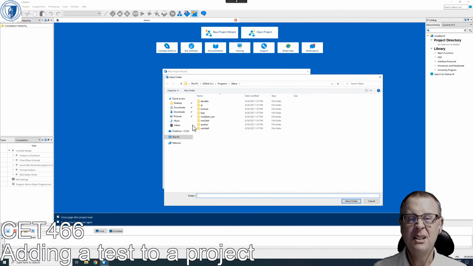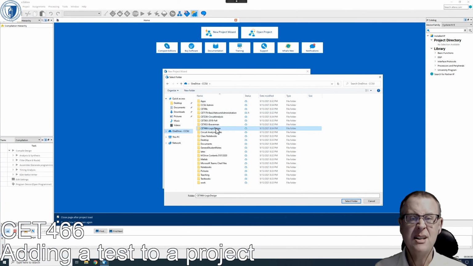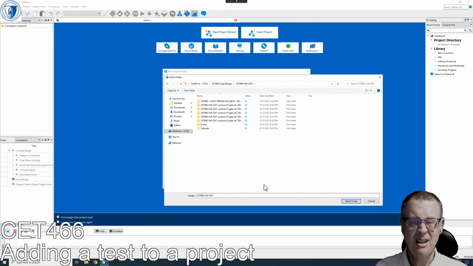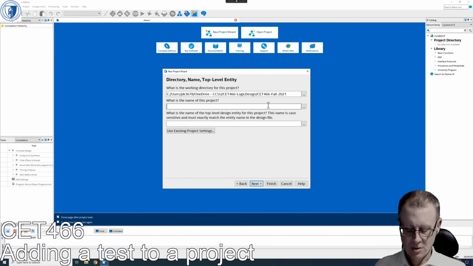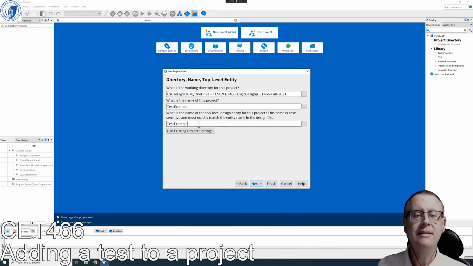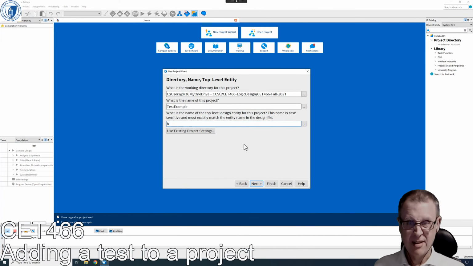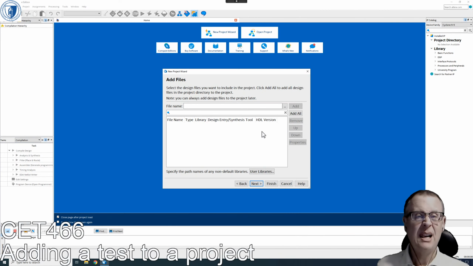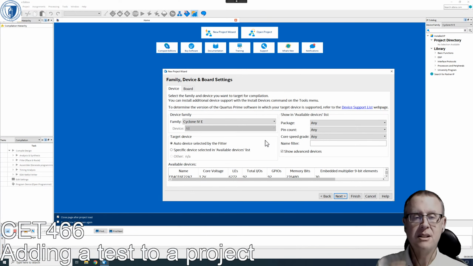I'm going to put this in my 466 directory, and I'm going to call this the just test example, and the top level entity I'm going to do the half adder that we did before. Okay, and I want an empty project. I don't want to add any files to the project. I want that Cyclone